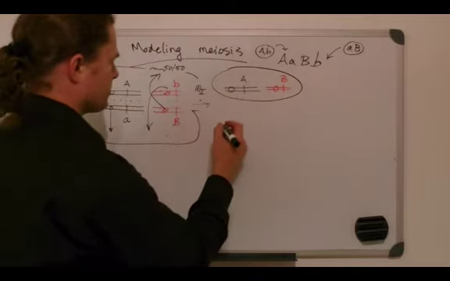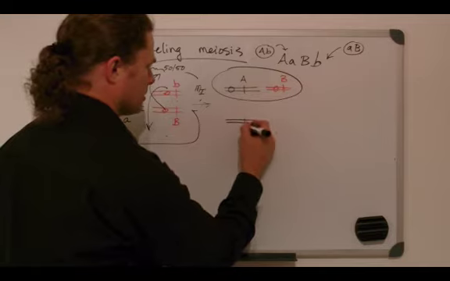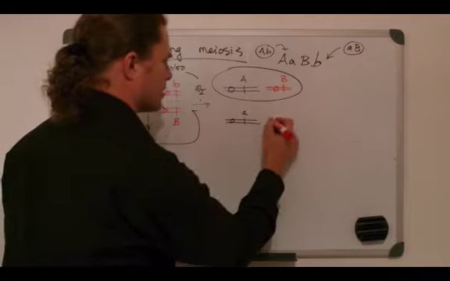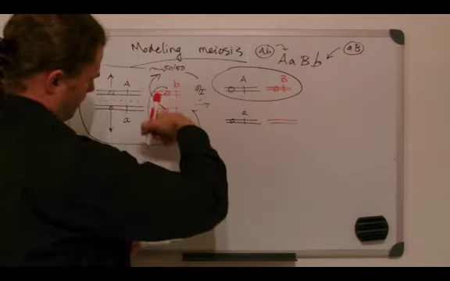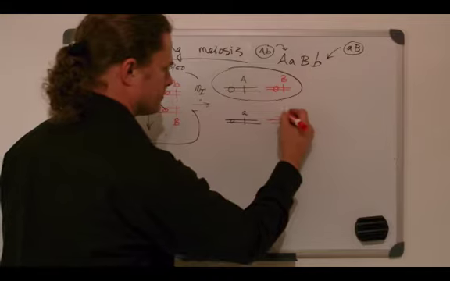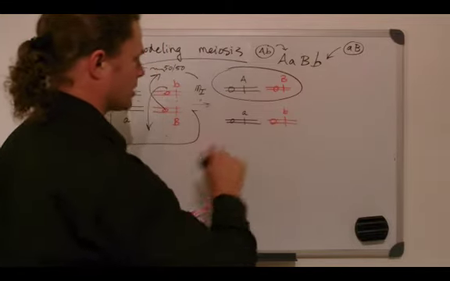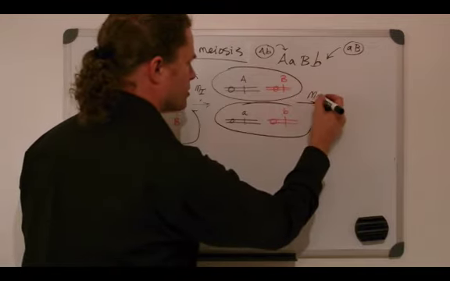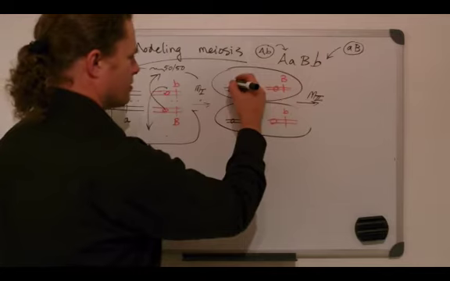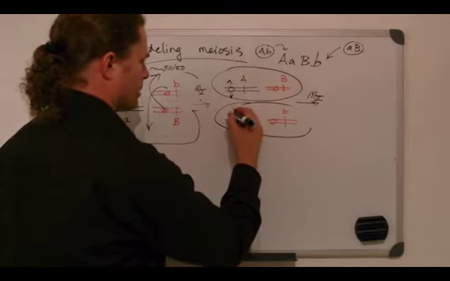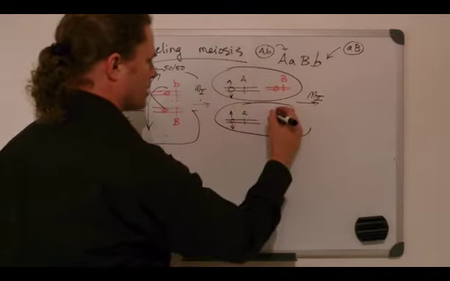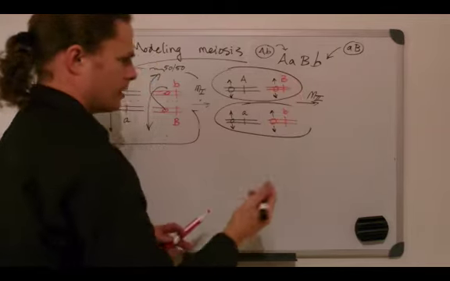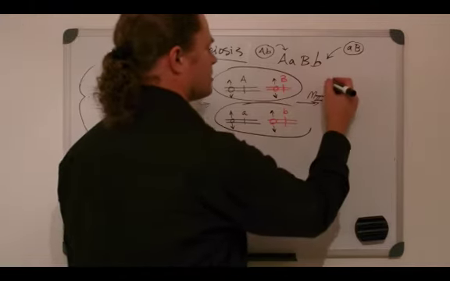The second cell that forms has the little a alleles on it, and also has now the little b alleles on it. So that's the second cell that forms. And then as before, the meiosis II division is simply going to take each of these and separate what is attached at the centromeres. And this in turn will produce the following. So we will have